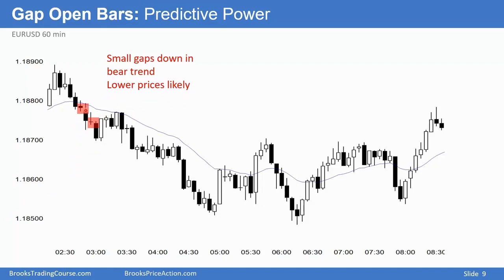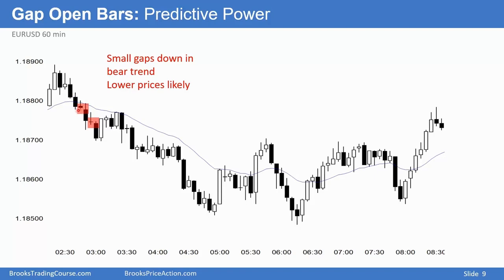The open of this bar is below the close of that bar. We have 3 consecutive bear bars. Strong selling. What does that tell you? Why did this bar open below the close of that bar? Because a lot of traders, once they saw 3 consecutive bear bars, decided the market was going lower and they